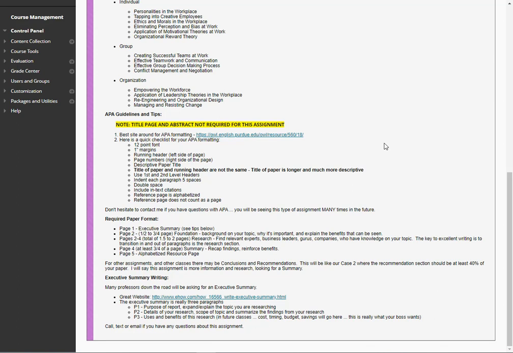Again, make sure it's all double spaced. You'll need to indent paragraphs. You'll also need to include in-text citations. Most of you have been doing pretty well with that, and I've been kind of lenient through the case studies on that, but you really do want to make sure that you've got some in-text citations. Make sure that your reference page is alphabetized and in the correct format, which includes things like the author's name, the title of the article, what pages, what journal it came out of, or what magazine or what website.